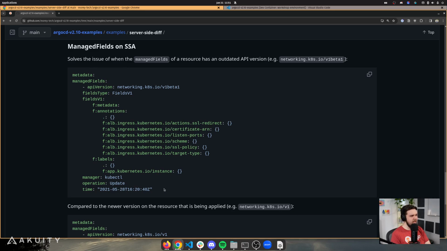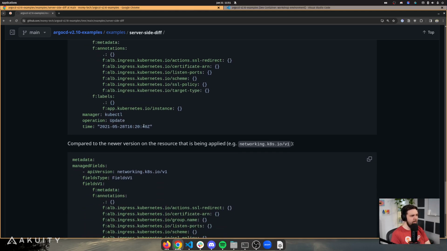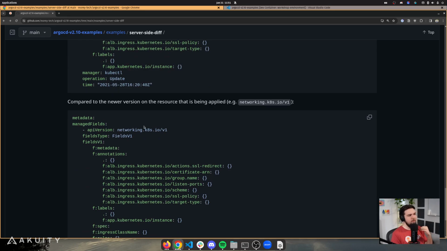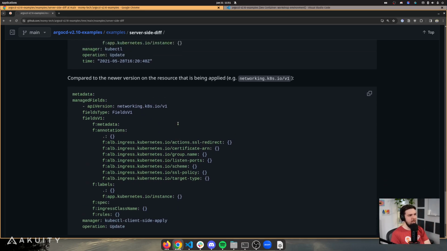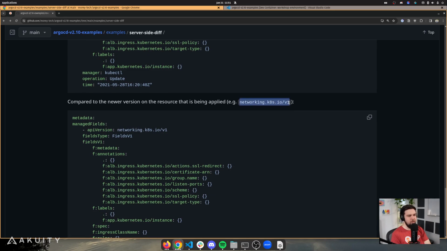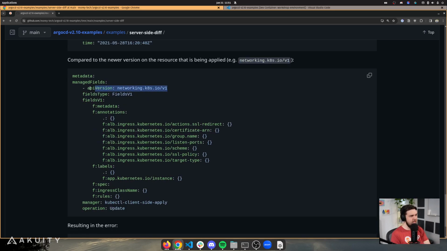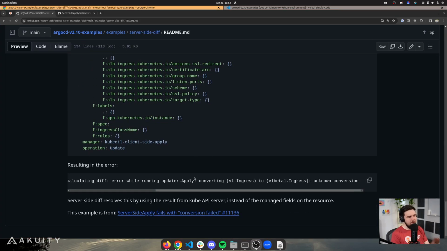So if you take something like an ingress resource that has an outdated API version in the managed fields, say for example, I've got networking v1beta1, but if you compare that to the resource that is being applied to the cluster, which is now an updated networking v1 without the beta version, you'll see that the API version is different, which results in an error calculating the diff because it's attempting to convert the newer API version to the old API version, which is an unknown conversion. This problem is addressed with ServerSideDiff because it's now using the Kube API server instead of the client side to